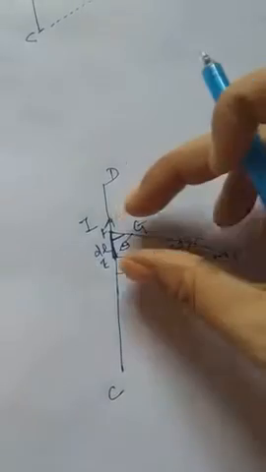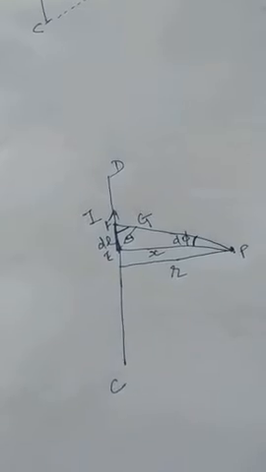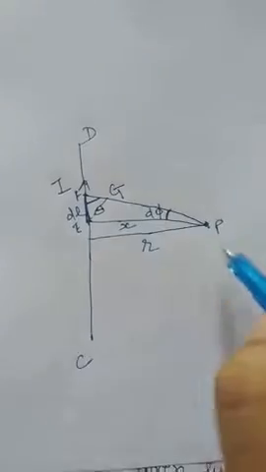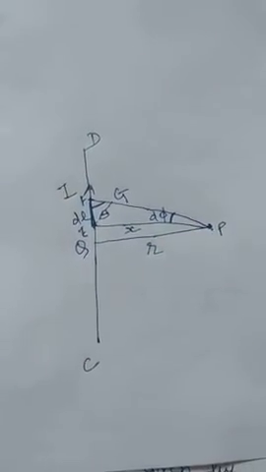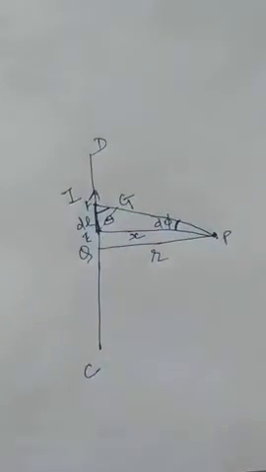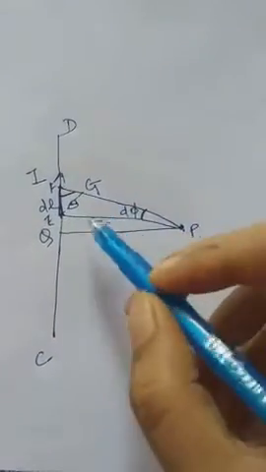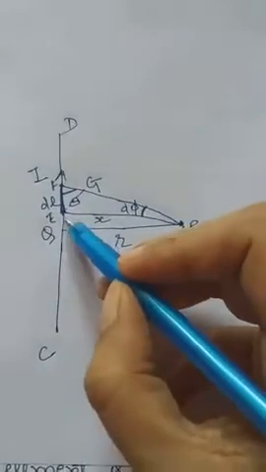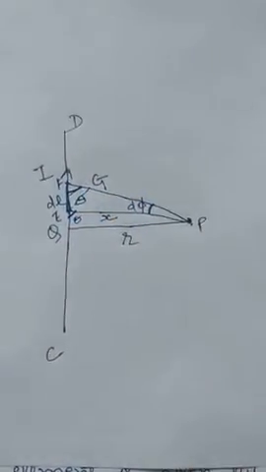In the figure we represent EF so it looks like it has some length, but in actuality it will be very small. So in that case we can say that if EFP is theta, and we give this point the name Q, then QEP will also be theta. And we know that in Biot-Savart law, theta is the angle between the current element and the line joining the point to the current element. So in this case, theta is the angle between this current element and the line to point P. So this is also theta and this is also theta, because dl is very small.